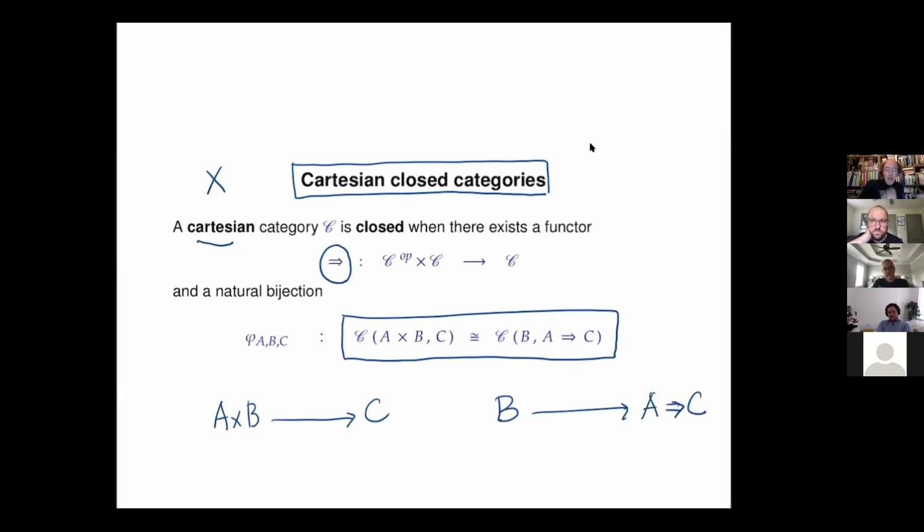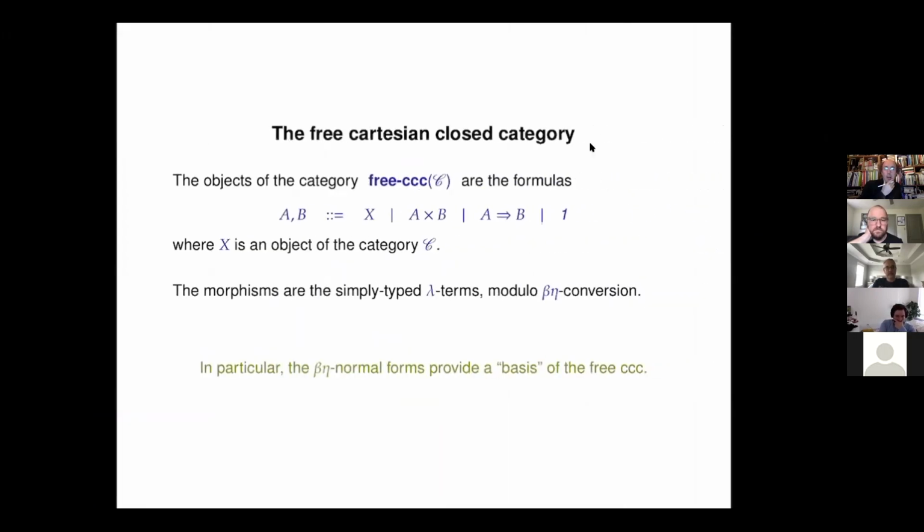Okay, so there is a bijection between this. And now if we look at the free Cartesian closed category, we see the lambda calculus appearing. So the objects of the category are the formulas constructed with product and implication and a unit here. And of course, the objects of the original category C, which may be seen as the atoms of the formulas. And then the morphisms. Okay, so these were the objects. The morphisms, they are the simply typed lambda terms, modulo